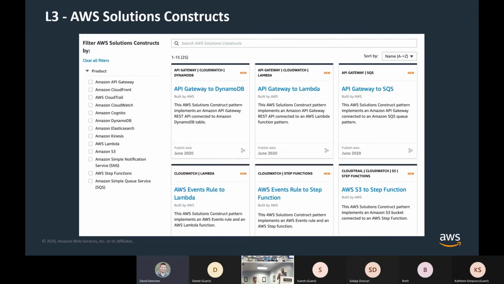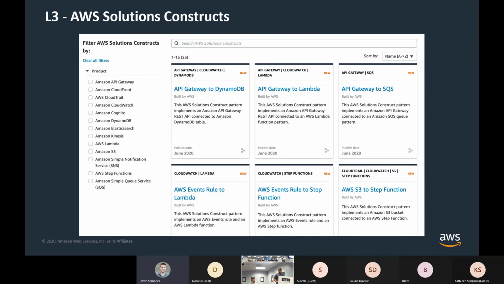And then our solutions architects have put together what they call the Solutions Constructs Library, which is a collection of L3 constructs that each do a small amount of a thing. You can stitch these together to build applications. These are built by the AWS Solutions Constructs team, so they're vetted by AWS. You can say, built by AWS. So you know that they're secure and they're safe, and if there's an issue, you can report it and we'll fix it. You get the same support that you would get from a service that had an issue.